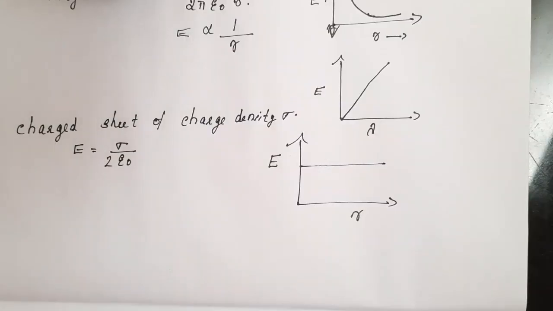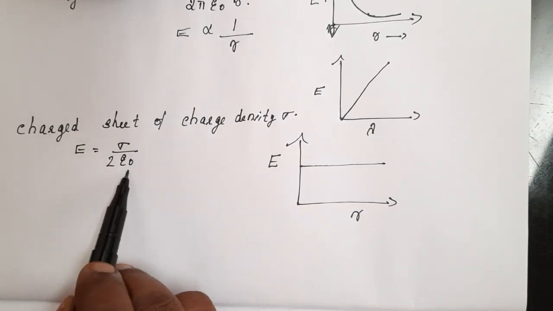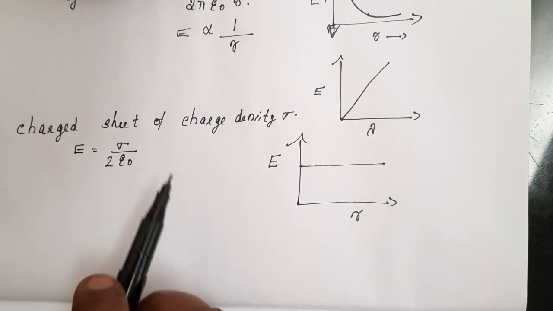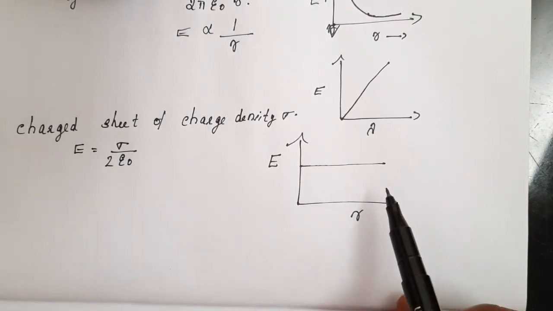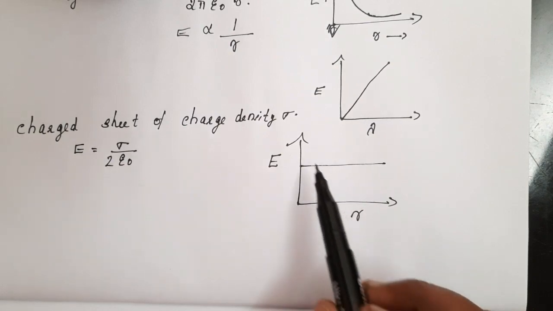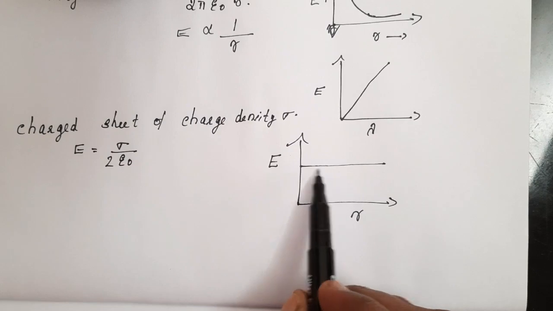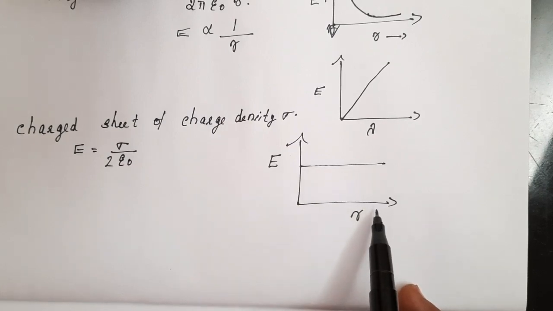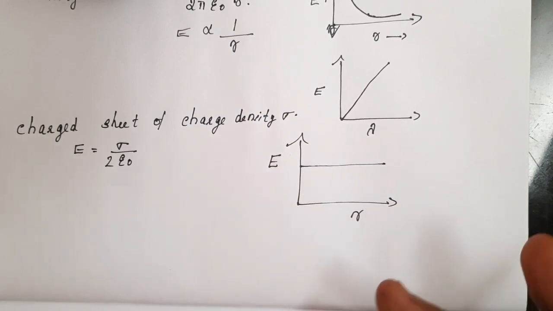Okay. So in the case of a charged sheet of surface charge density sigma, we know the expression for the electric field is sigma by 2 epsilon 0. So it's clear that the electric field is independent of the distance of the point from the sheet. So in that case, if we draw a graph between E and r, that graph will be a straight line parallel to the r axis, that means the x axis,